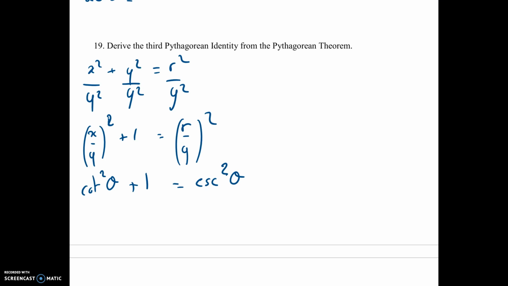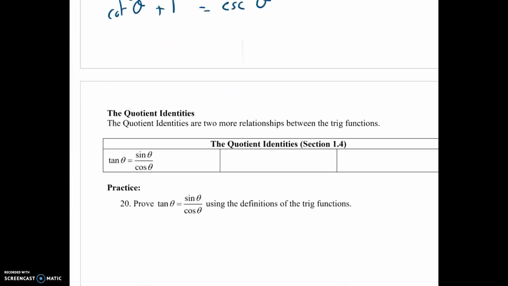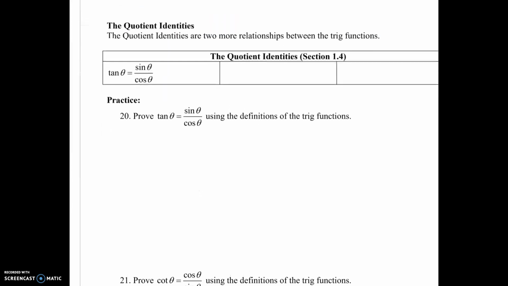Okay, let's continue with the quotient identity. Let's try to prove that tangent theta equals sine theta over cosine theta. Well, what is tangent theta? I know that tangent theta equals